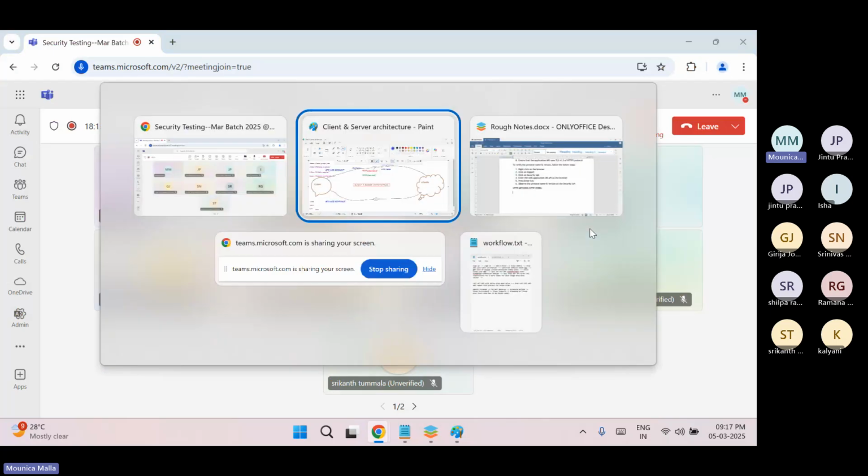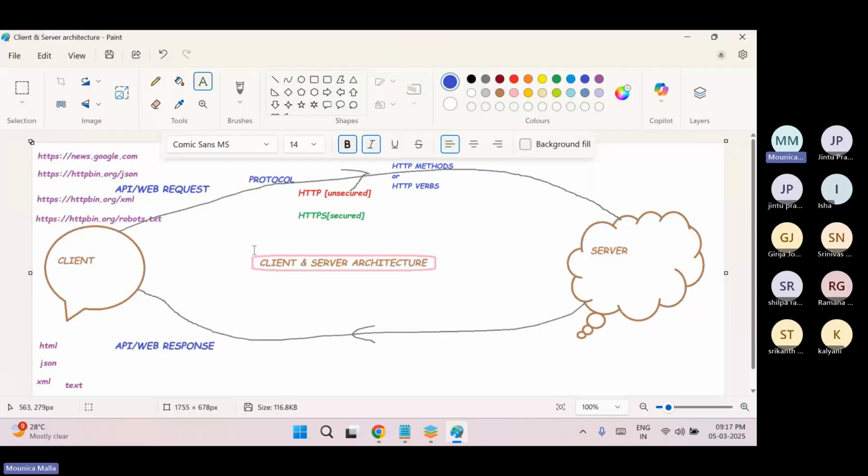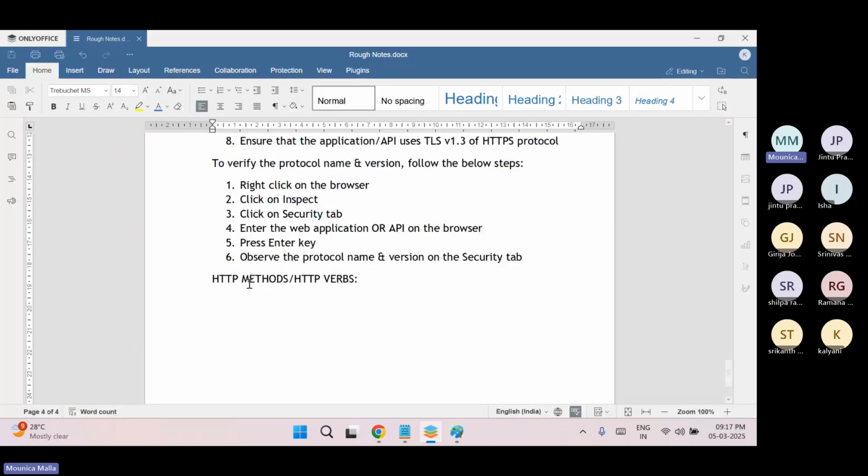So the server also wanted to know what type of request this client is sending. For that, the industry has defined these HTTP methods. So I'll say the definition is it defines the type of client request being sent to the server. So what type of client request is going to the server? If you want to know, you need to talk about HTTP methods. Okay, so it defines the type of client request being sent to the server, and this can be known